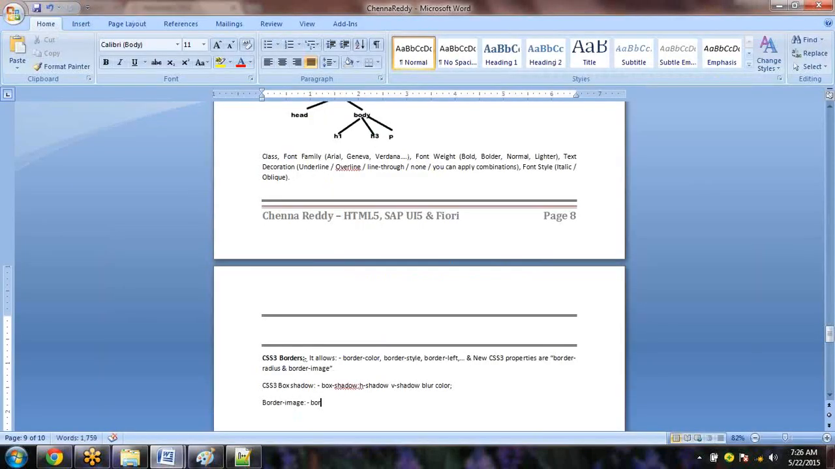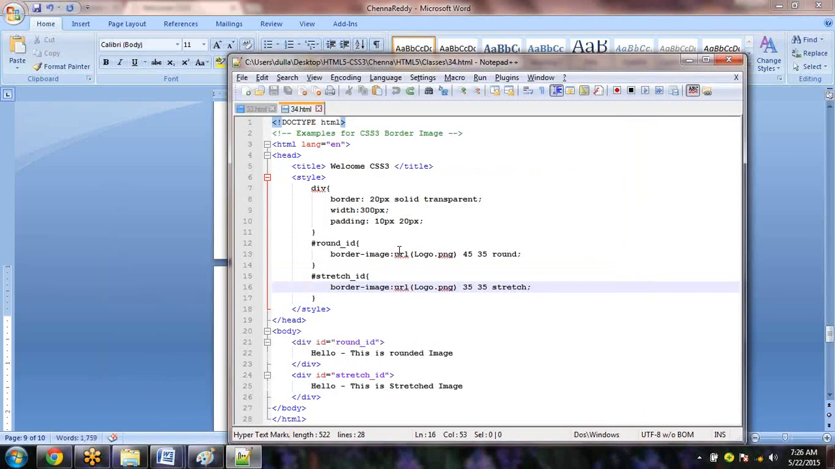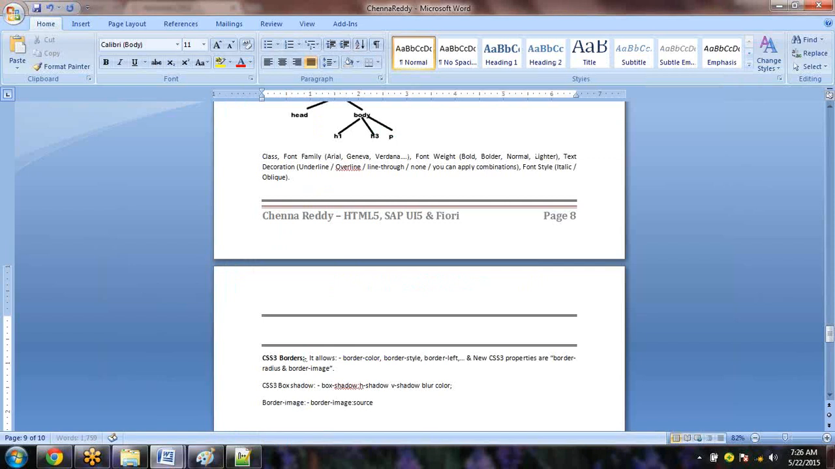So what is the syntax? Border hyphen image. Then it has the parameters. So you need to specify what? What is the first parameter? You need to specify the image, so therefore the source image, I can say. Then the second is nothing but